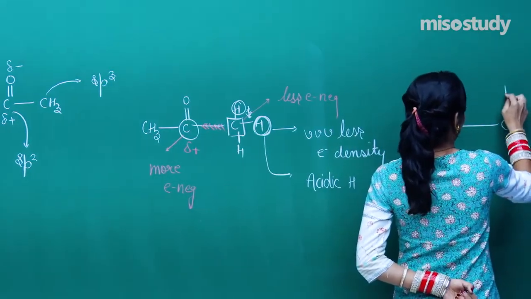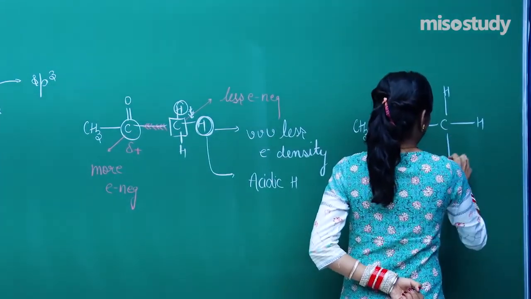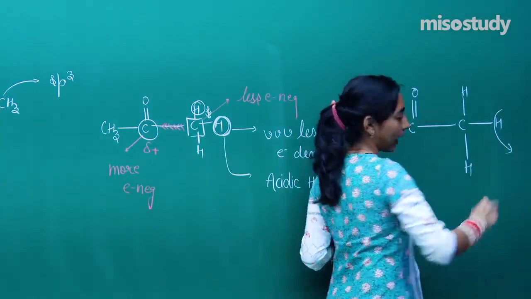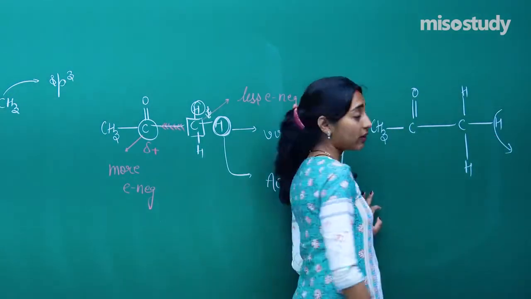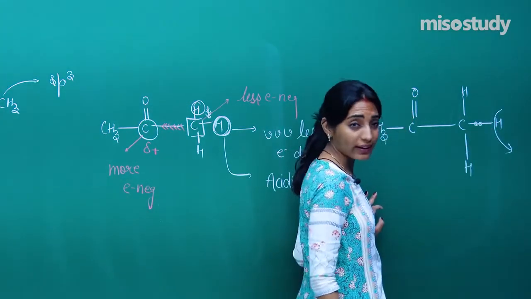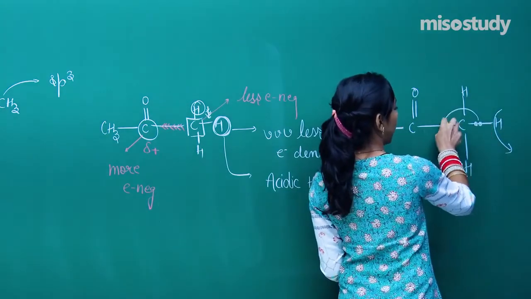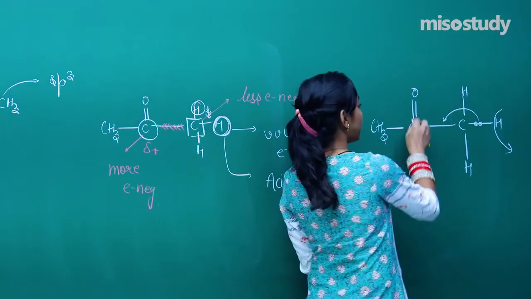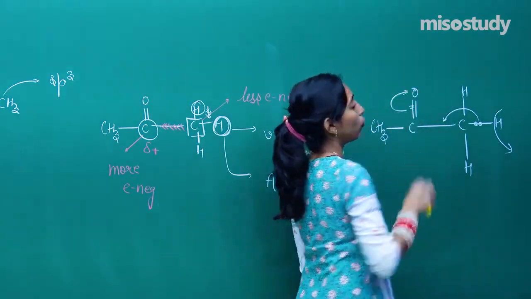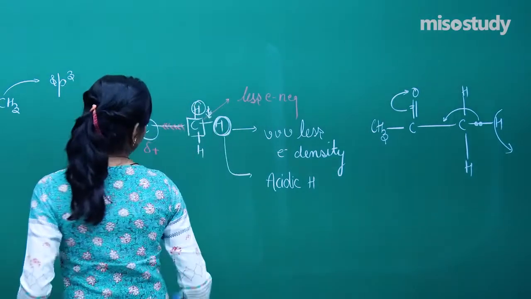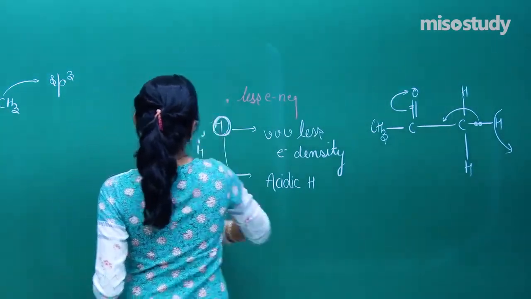Now see, once again if I write, I am drawing the expanded form. So see, this hydrogen can be lost as H plus, but this pair of electrons will now get into the resonance. This pair of electrons will come here, okay. Now since this carbon cannot form 5 bonds, this pair of electrons will now go to oxygen, fine. So if I ask you to draw the resonating structure,